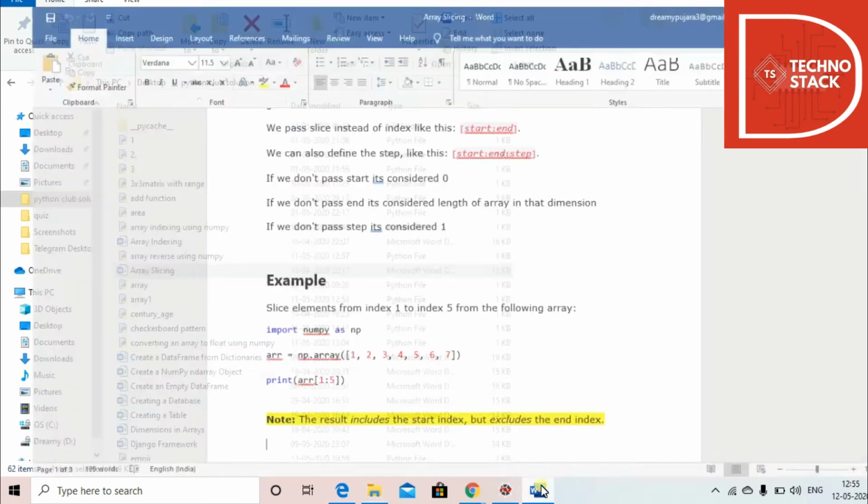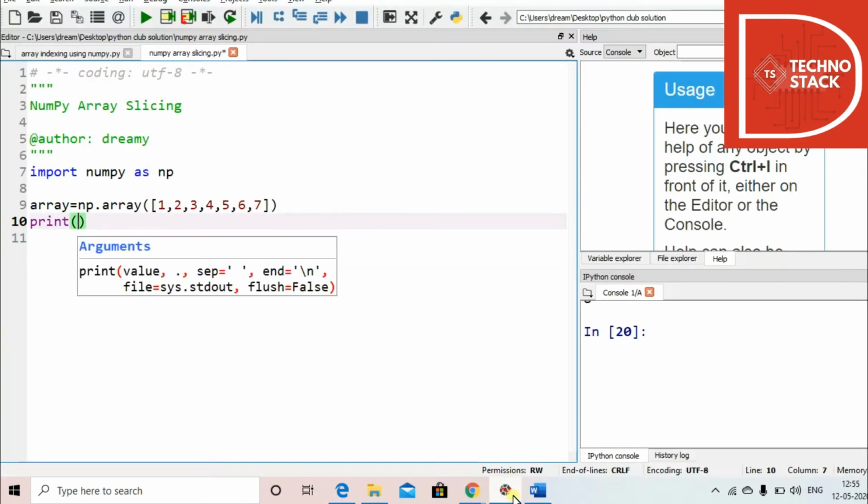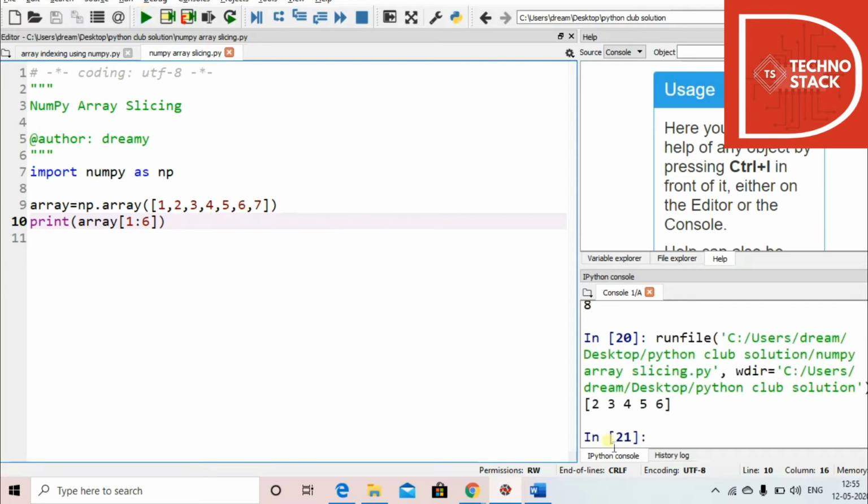We'll just print it. So print array. There will be the starting index, that is from 1. We want 1, 2, 3, 4 and 5. So for ending, 5 plus 1, index 6, as it doesn't include the last index. And we'll run it to see the output over here.